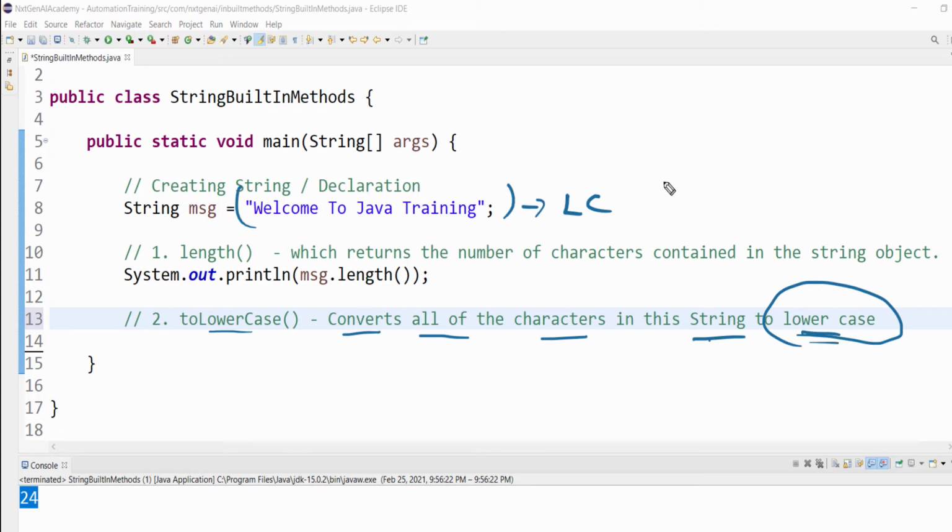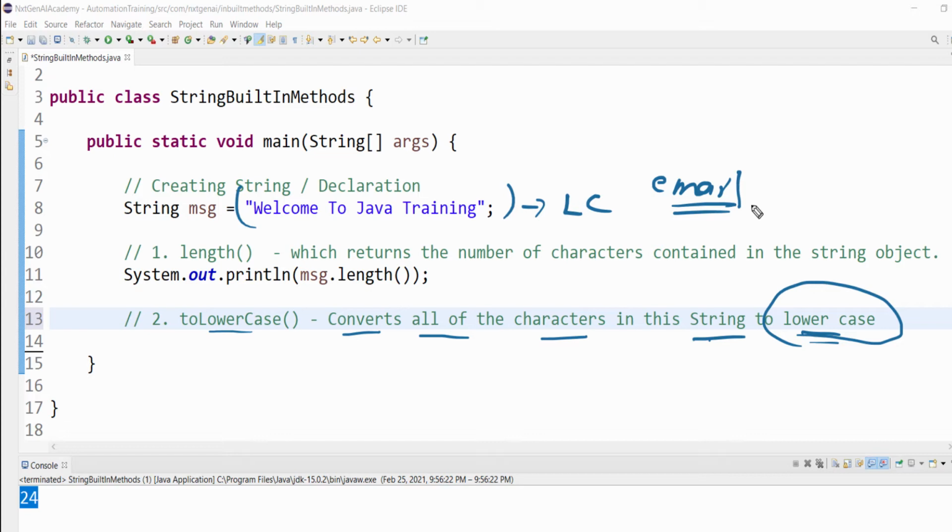If you got the answer as email, that's the best example. In a real-time scenario, whenever we want to register, we have to type our email ID.